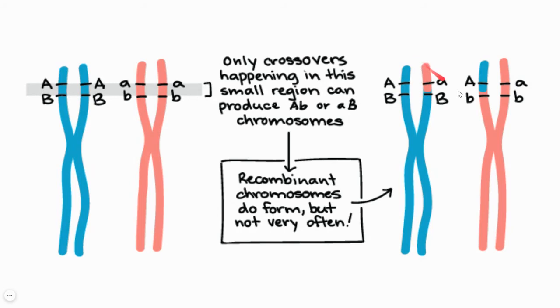There is a chance that there will be a bigger chiasma or another position of chiasma, but having a chiasma just between A and B genes, chances are very low because A and B are so close to each other. There's a chance that they will fall in one small segment that is getting swapped.